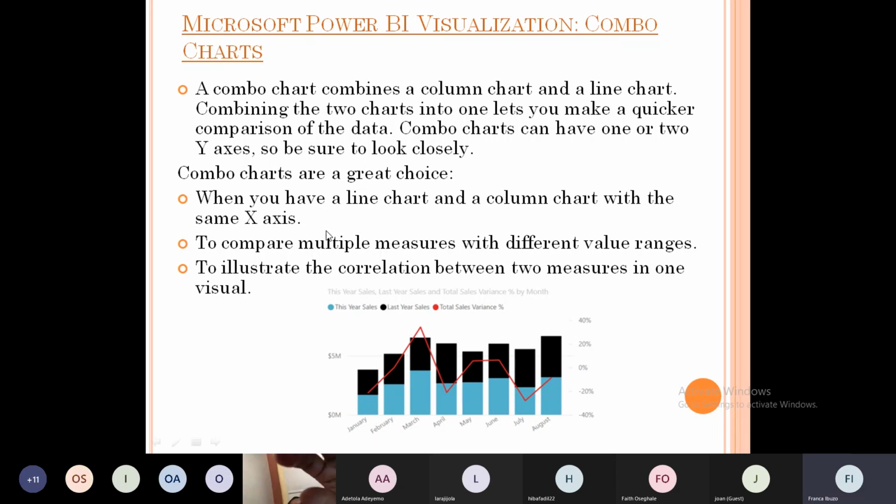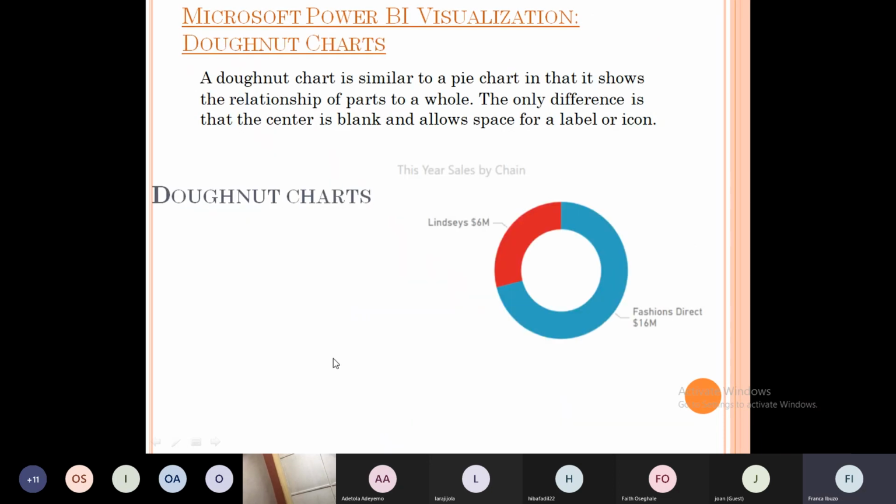So combo charts are a great choice when you have a line chart and a column chart with the same x-axis to compare multiple measures with different value ranges, and also to illustrate the correlation between two measures in one visual. I'll just go through the charts quickly before we go on to the lab, to explain the different charts